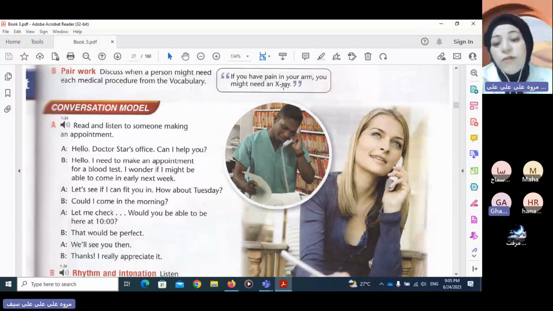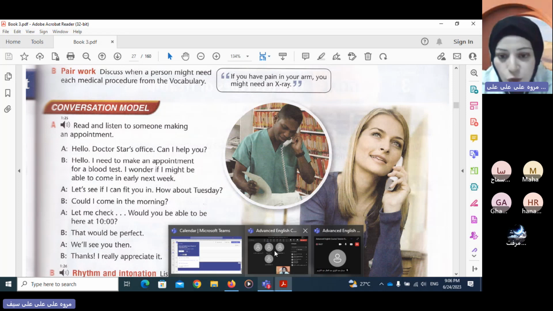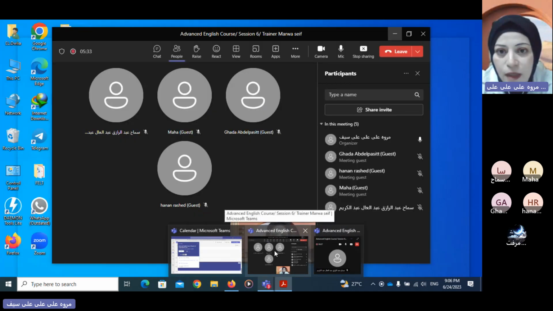All right. Now try to remember the other examples of medical procedures that we studied last session. Please write them in the chat box. The words that were under the pictures: the X-ray, the EKG, which is the electrocardiogram. What else was under each picture? Try to brush up on your knowledge of last session's vocabulary. I'll check the chat box, then I'll show you the pictures. Don't worry, we'll revise a bit.